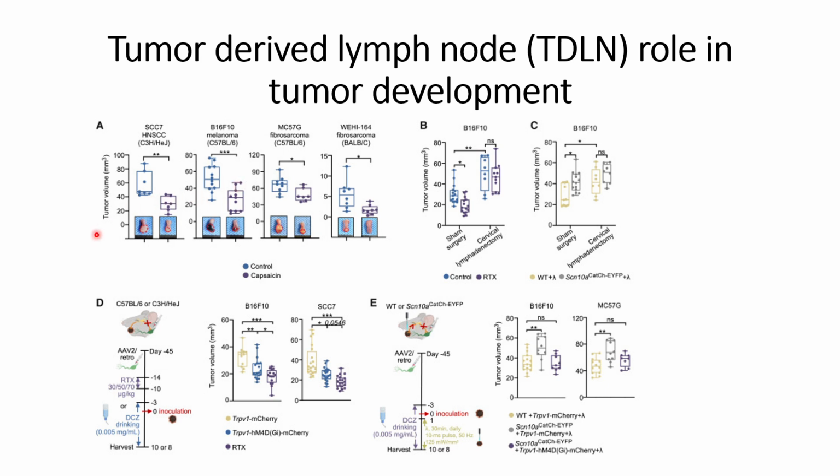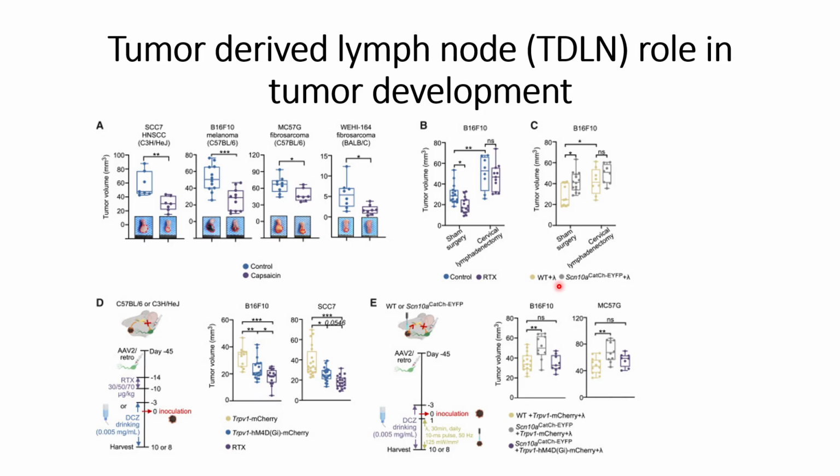This is also an in vivo study where they inject these cancer cells in the mice. In all the 4 cases, they are able to see tumor suppression when this capsaicin or RTX based treatment is done to prevent TAM interactions with the tumors. They have further quantified these things in panel B, where we can see that in the case of sham surgery, there is tumor suppression when the RTX or capsaicin based treatment is done. Thereafter, they checked it for the other system also,